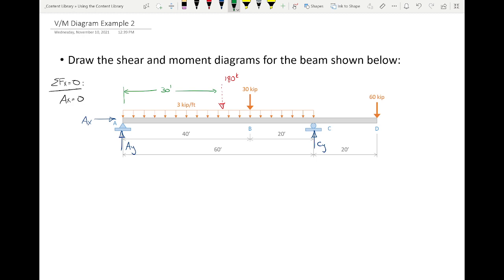Now again, and I really want to hammer this in, that 180 kips is a mathematical tool that I am using to make computation of support reactions easier. But that's what's not on the beam. I do not have 180 kips right smack dab in the middle of the beam. I have it spread out, which is what I'm interested in when I'm determining internal response. Just keep that in mind. Okay, now,